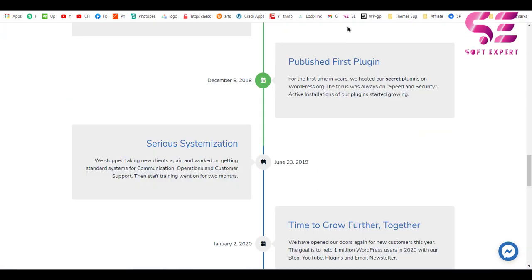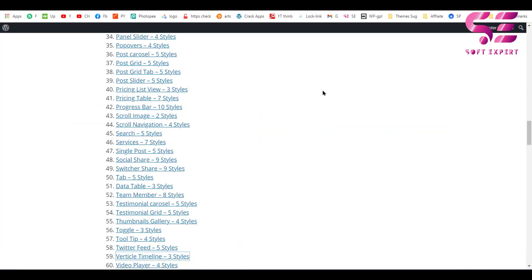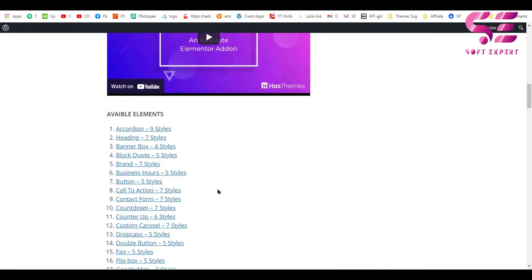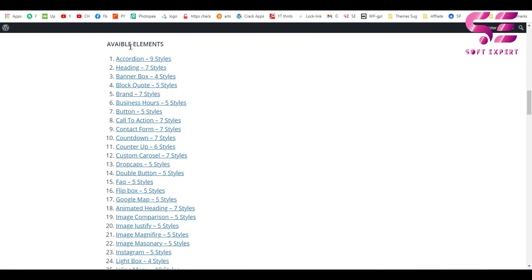So to do this, we will use a plugin called HD Mega Add-ons. Now I already have a video about this plugin in which we created a testimonial slider, and it has multiple elements that you can use according to your need. And almost all the elements have different styles. As you can see, Cardin has 9 styles, heading has 7 styles, and so on. So if you want to check any of these, then you can just click on that,